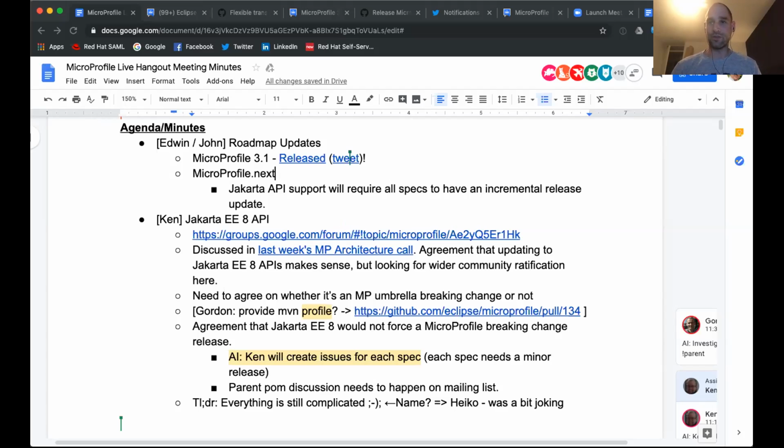So are we going to base release in the future adopting Jakarta and evolving MicroProfile together, or are we going to separate them in the release schedule that we now have? If that makes sense.